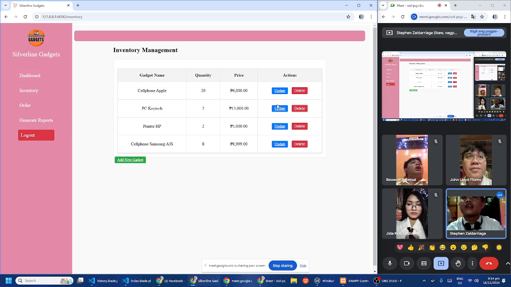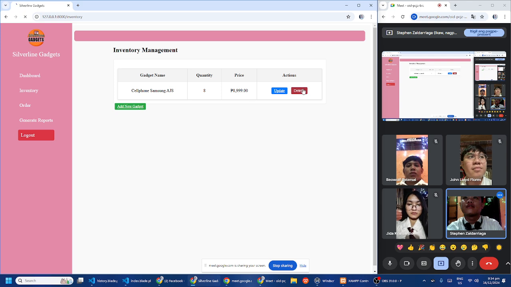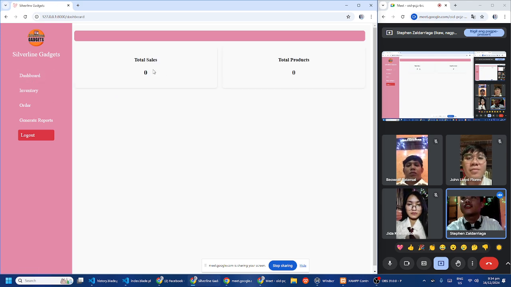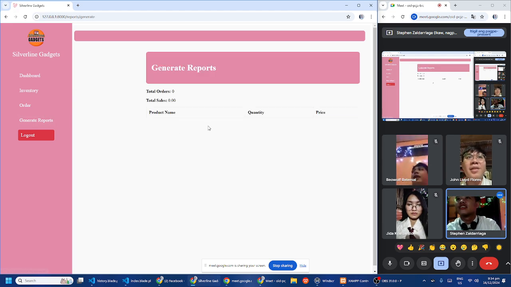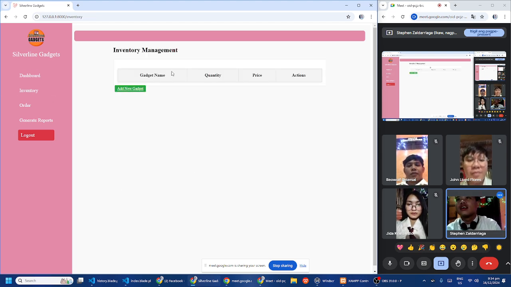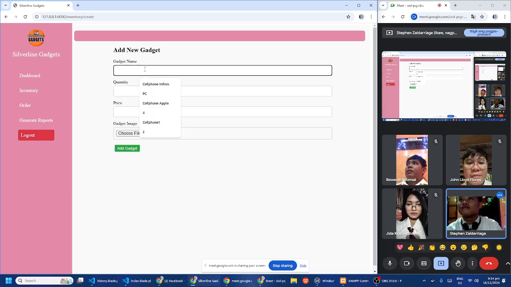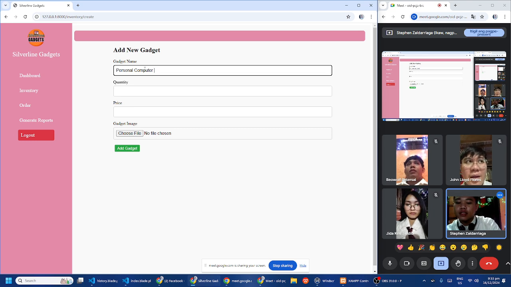Inventory. I want to delete all of this. 1, 2, 3. Dashboard. So total sales is 0, total products is 0. From generate reports, total sales 0, total order 0. Let's go back to inventory. Add new gadget, like a personal computer, Lenovo.